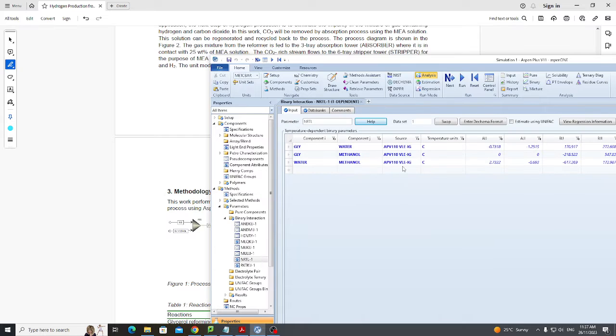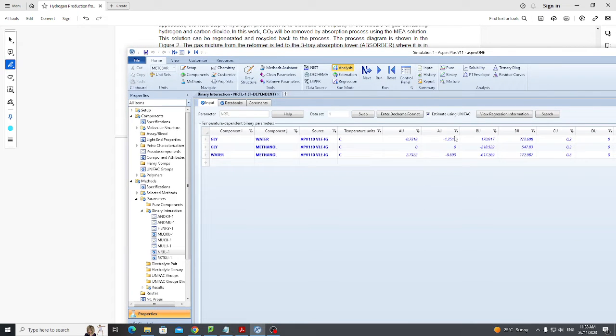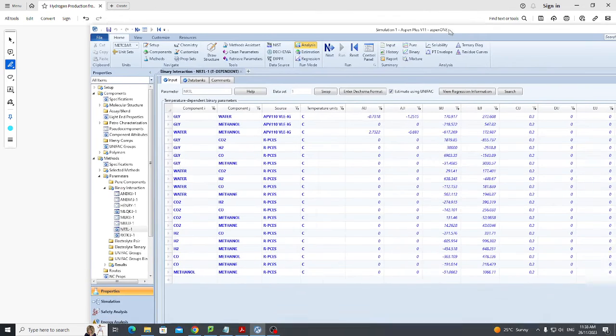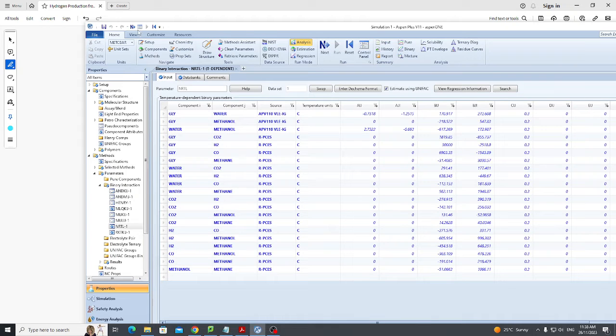the next option, and here we need to make sure that we click on estimate using the parameters for UNIFAC being calculated, and we need to check this mark, which is estimate using UNIFAC. The parameters should be calculated by using this process. Okay, so let me just click next. You can start run the process, and all the parameters have been estimated, and then we can move on to